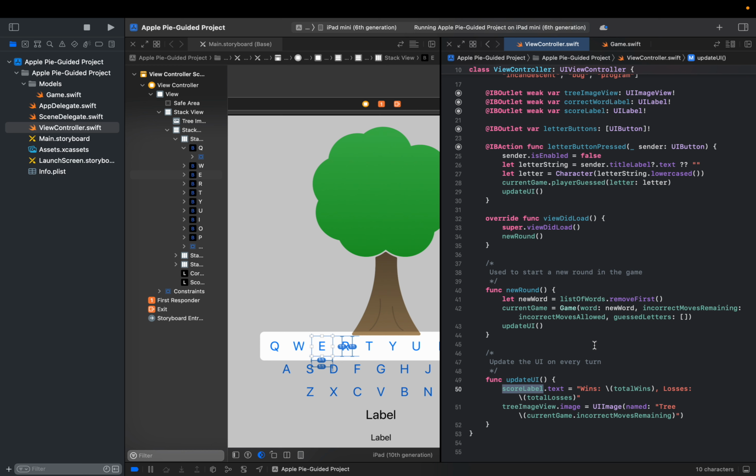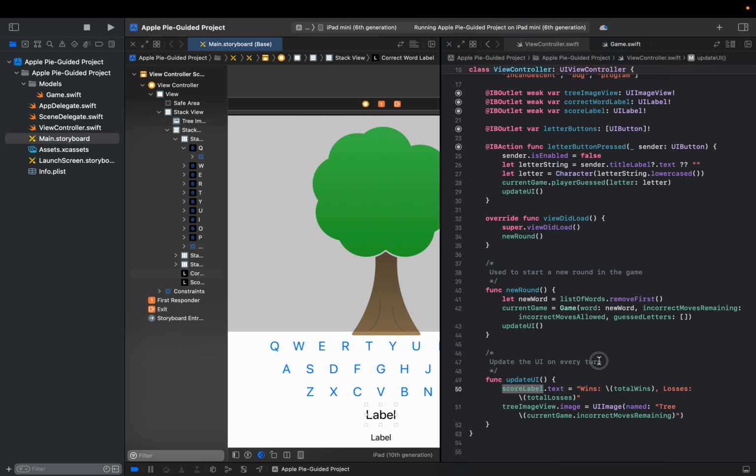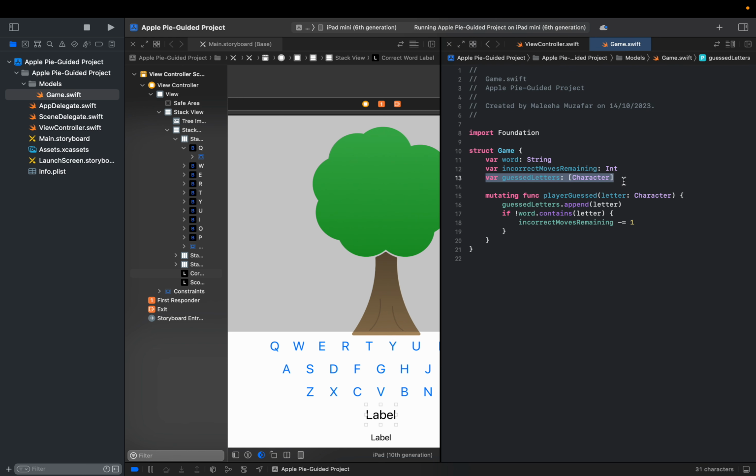Moving to part 4. In part 4, you should also show the text here. For now, if you notice, we're not showing the actual word. In part 4, we have to show the actual word here, bit by bit, as the user keeps guessing them. So the first thing we need to do is we will go back to game, and we will add here, I think it is here, yes, we need to add a property called var